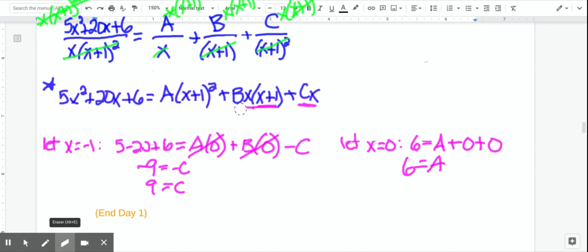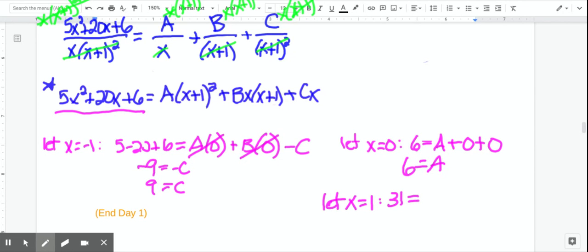Now, if you go back up here, there's not anything else easy. We already picked -1. We already picked 0. So now we're just going to have to pick something else for x, just whatever you want. I might just pick 1. Seems easy enough to plug in. So when I plug in 1 right here, I am just going to do that in my head. I think I get 31